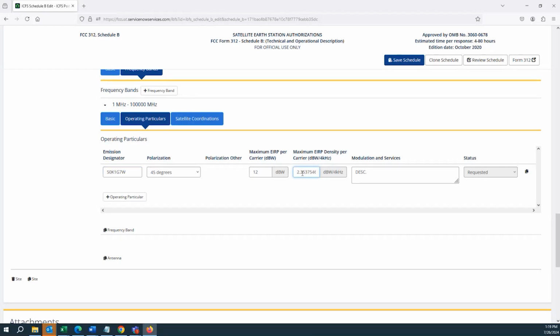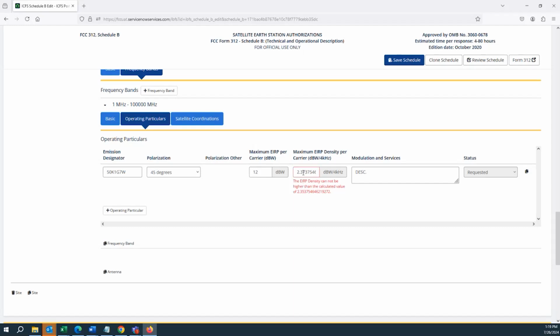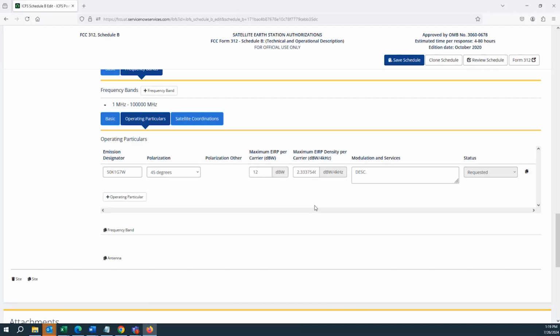In this field, you have the ability to optionally enter a value lower than this calculated value, but not greater. If we enter a higher value here, it's going to throw an error at us. But if we enter a lower value, we're fine. You also have a field here where you can give a description of your modulation and services.